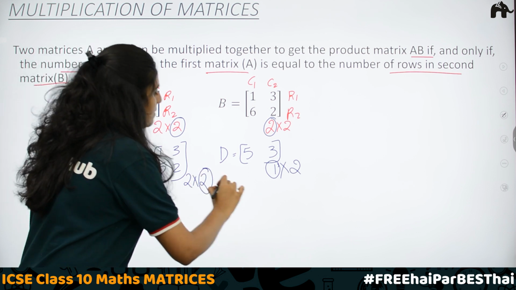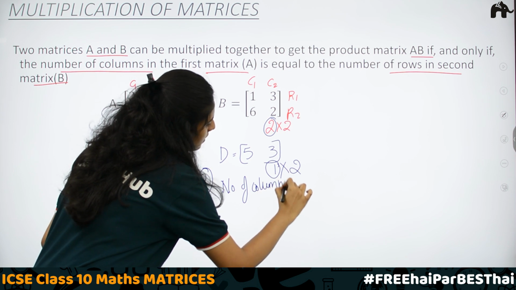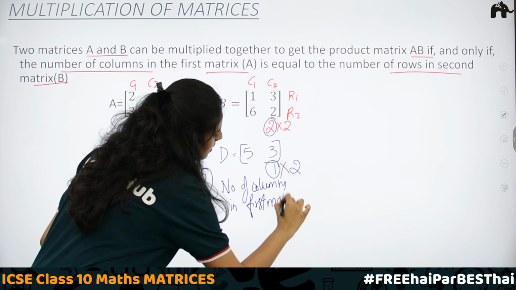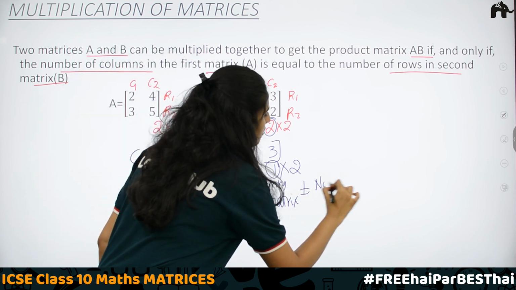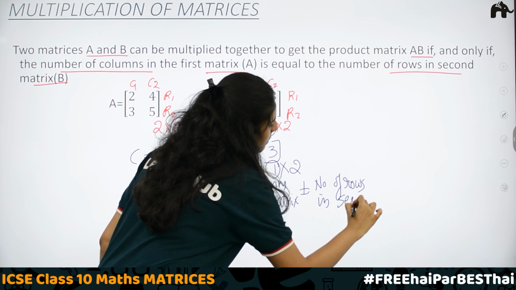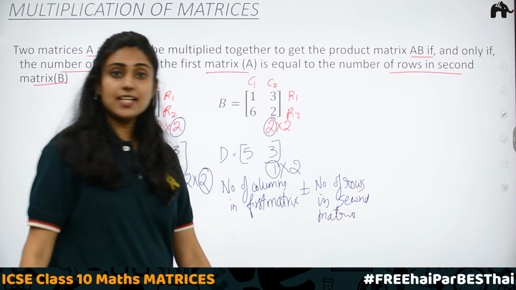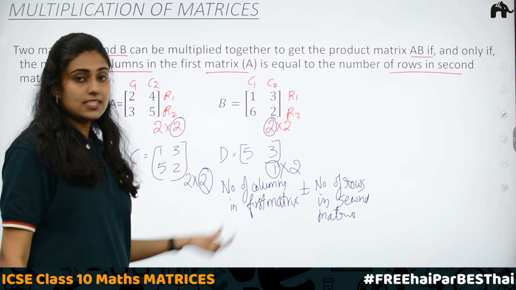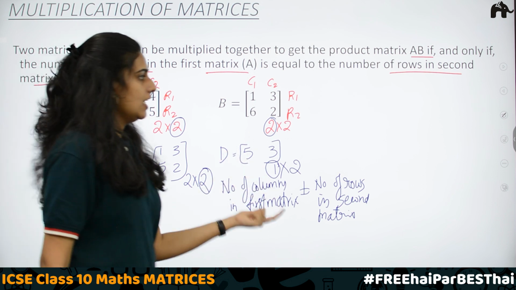Because number of columns in first matrix is not equal to number of rows in second matrix. Therefore, we cannot perform the matrix multiplication. In this case, that is, when you take a 2 by 2 matrix and a 1 by 2 matrix, we cannot perform matrix multiplication. Next,